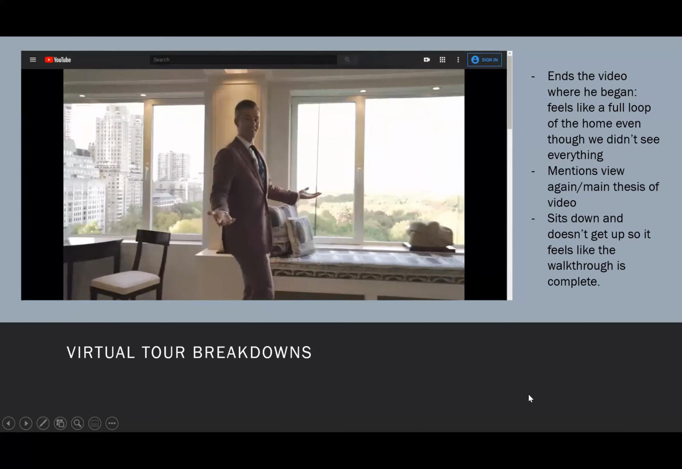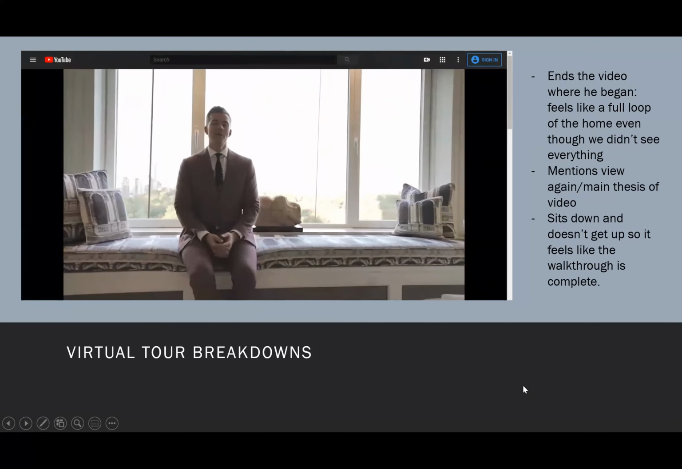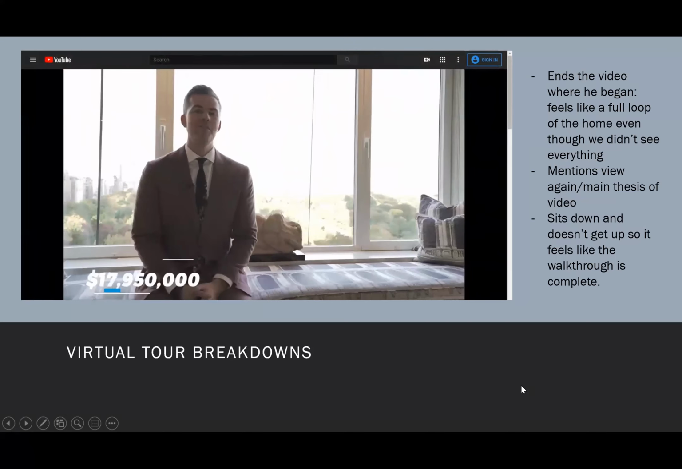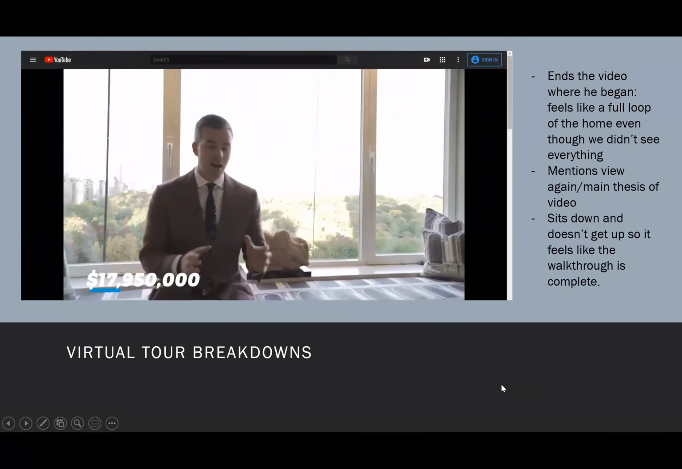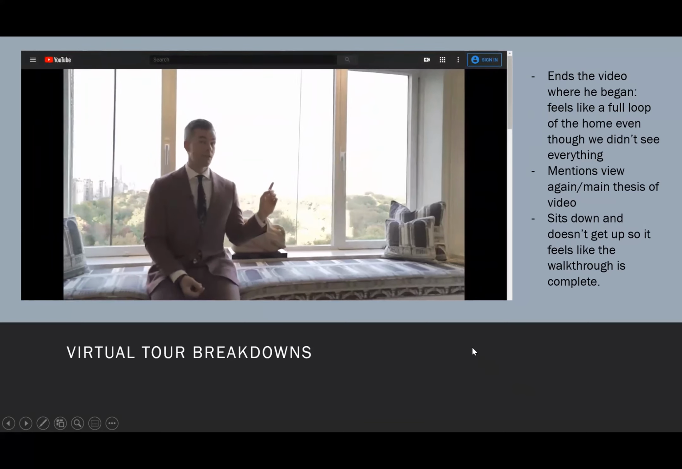So that's it. Penthouse 16 at 230 Central Park South. Now on the market for $17,950,000. This condo-like co-op could be yours. And this view too, because oh my